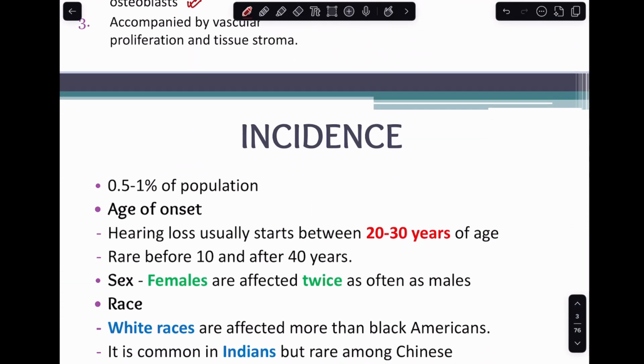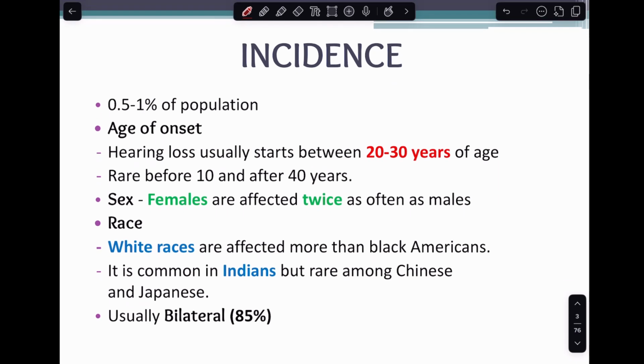Now, let's talk a little bit about where we see this disease. This is a disease which occurs in about 0.5 to 1% of the population. And as I mentioned, the typical age is middle age. Hearing loss will usually start somewhere between 20 to 30 years of age. It is very rare before the age of 10 and after the age of 40. Coming to sex predisposition, females are affected twice as much as males, and that is why the most common MCQ will